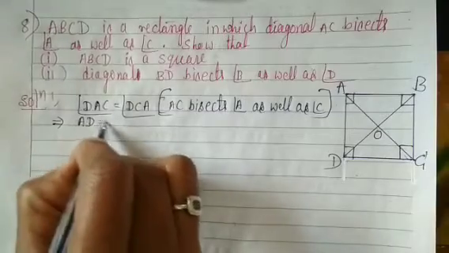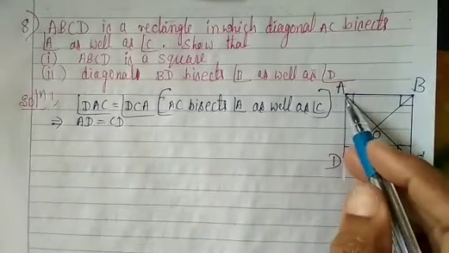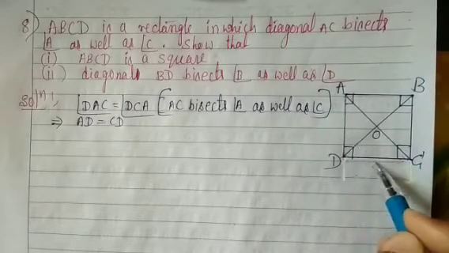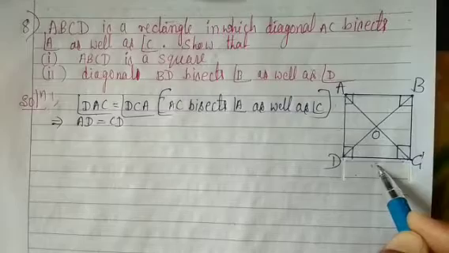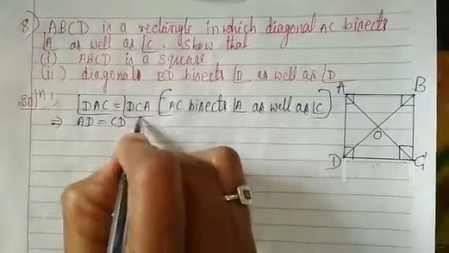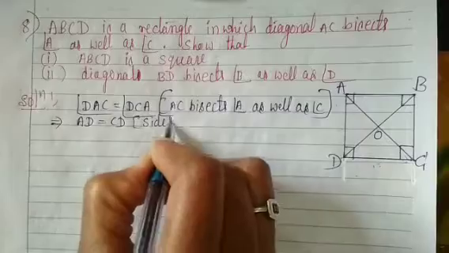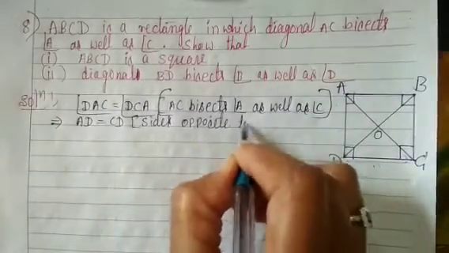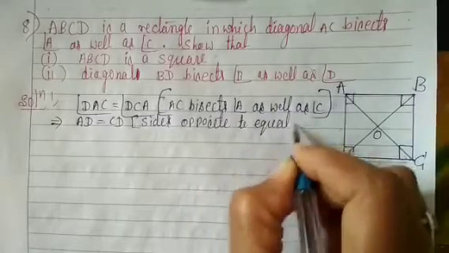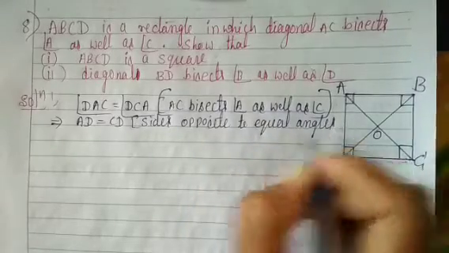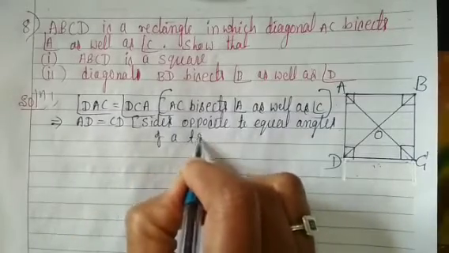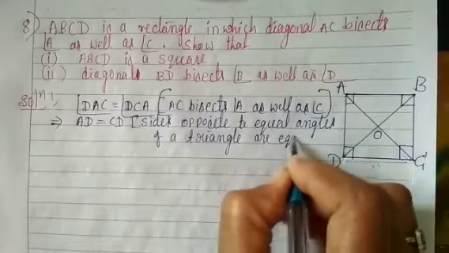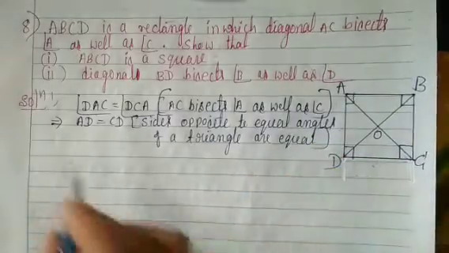Next one, AD is equal to CD. Look at this figure. AD is equal to CD means sides opposite to equal angles of a triangle are equal. We can write sides opposite to equal angles of a triangle are equal. Also,